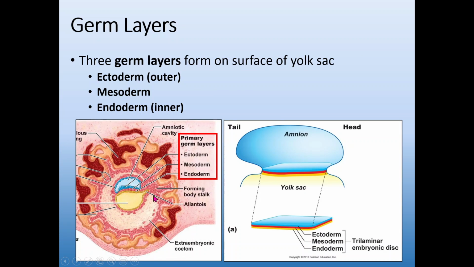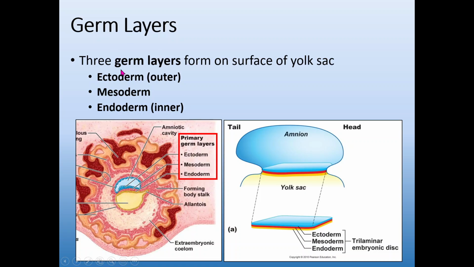So we've created this structure. We have blended both mother and fetal tissue. We're starting to access that oxygen and nutrition. And we've started to specialize and divide the cells within the developing embryo. We create 3 different layers in this process. So one side is the yolk sac, the other is the amniotic cavity that will eventually become the amniotic fluid. And in between them, we sandwich 3 layers of cells.